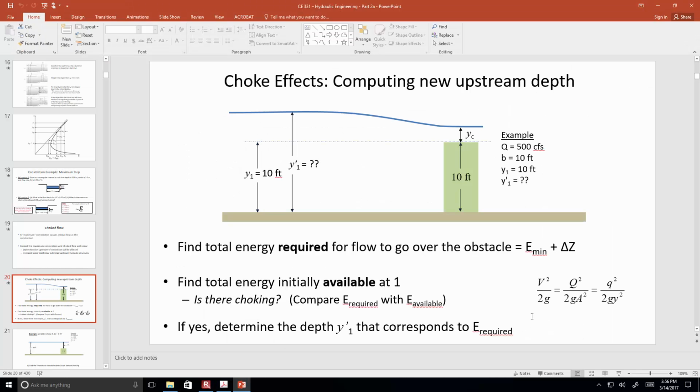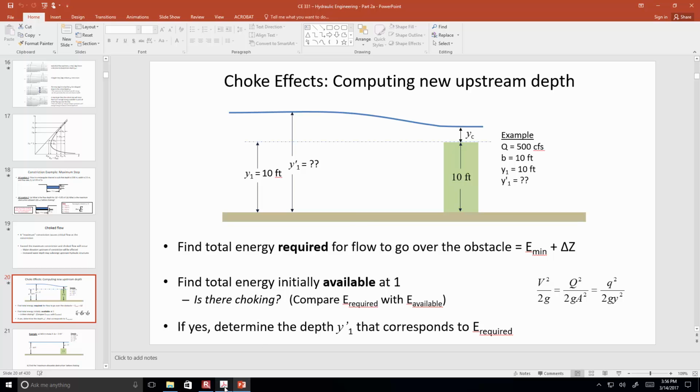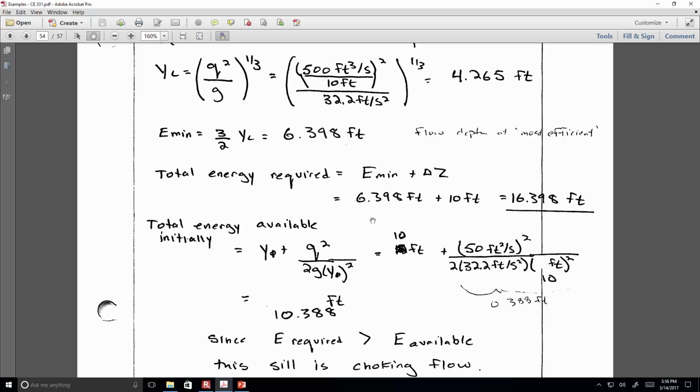And if we go back to this drawing here, at location 1, there's 10 feet of energy as the depth. And so it's only going to flow over the obstacle without any pooling if there was an additional 6 feet of energy in the velocity head. And so let's see if that's the case. Let's see if there's going to be pooling. So we have to compare what's required to what's available. The requirement is 16 feet of energy. So the amount that's available initially